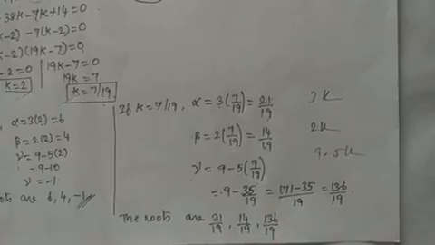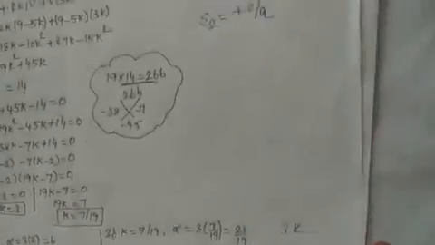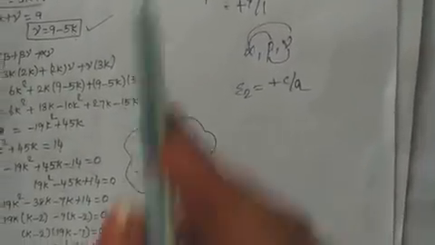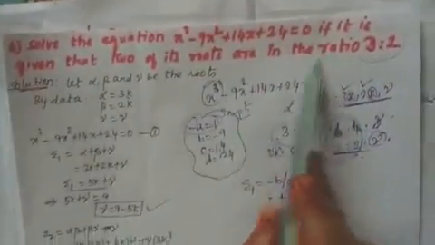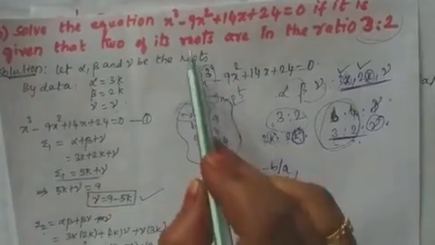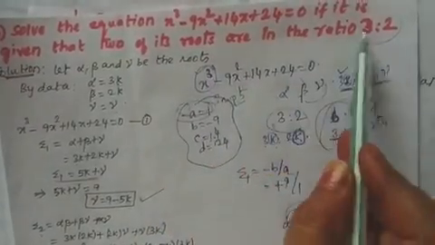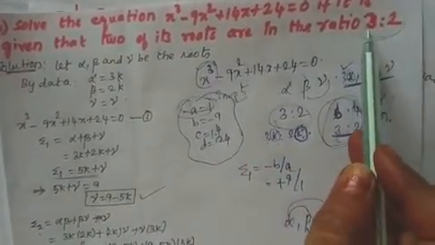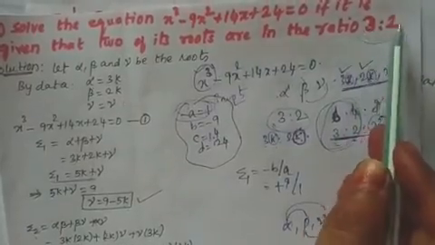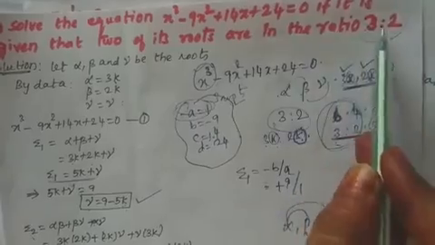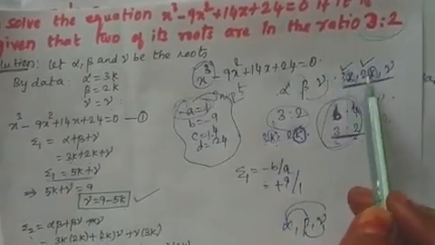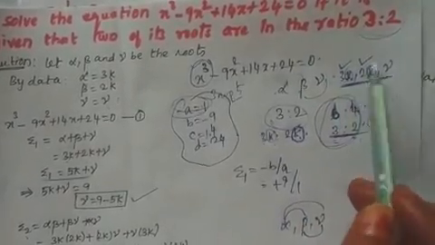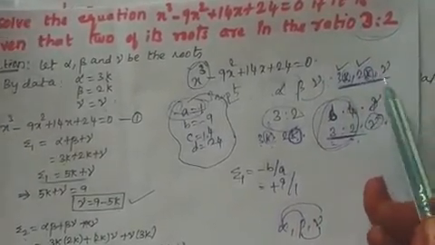So this problem is quite easy. Only three roots are there, and by posing this condition we have to find the solution. What is the condition given? Two of the roots are in the ratio 3:2. So I take the roots to be 3k, 2k, because it is given in a ratio; it can take any multiple. So we multiply by a constant, 3k, 2k, and the third root stays as it is.